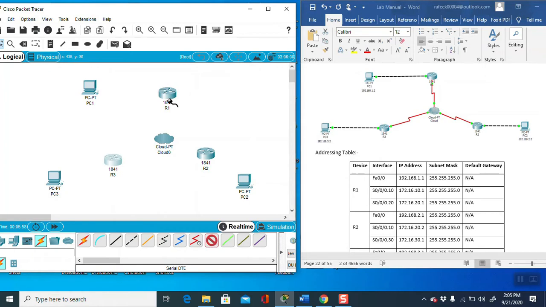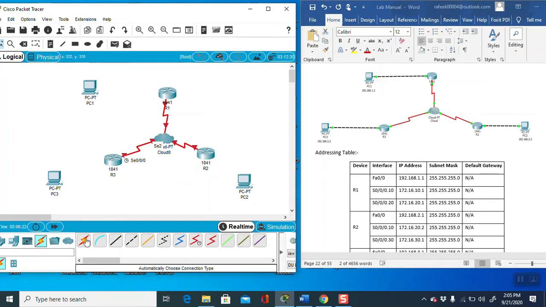Remember that we are using serial 0/0. So here add serial 0, and here I take serial 1, then take the same serial 0/0. Then here again use serial 2, here take again serial 0/0. Why am I using the same port? Because it is easy to remember when giving the IP address.